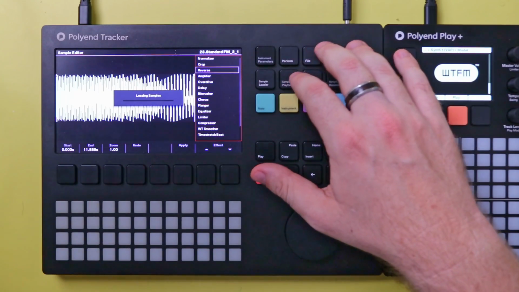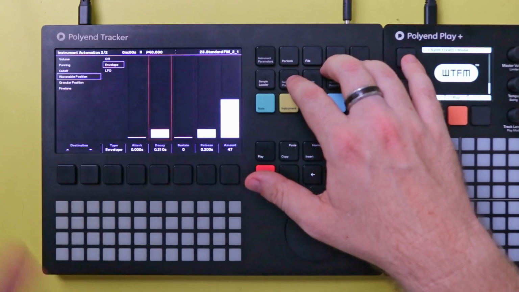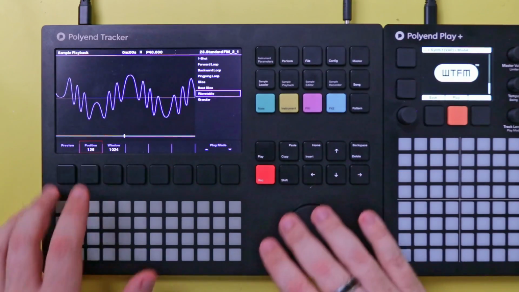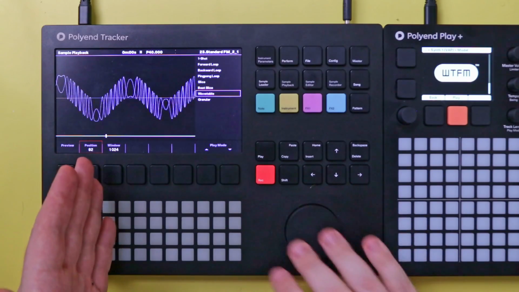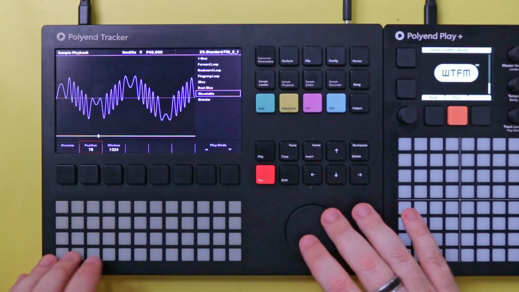So if we come back into the sample playback, we'll just give it a bit of time. We can see if we scroll through the positions, it's really high at the start and then it's low at the bottom. So if we were to play that again,